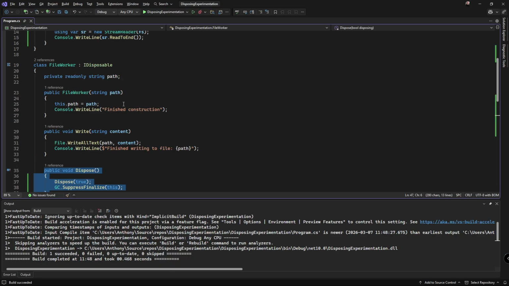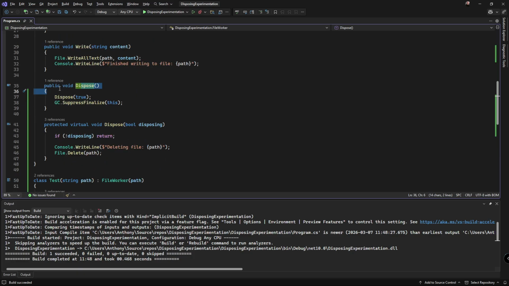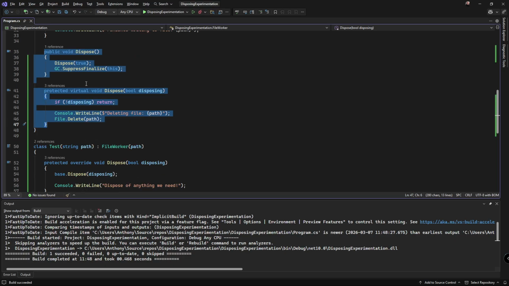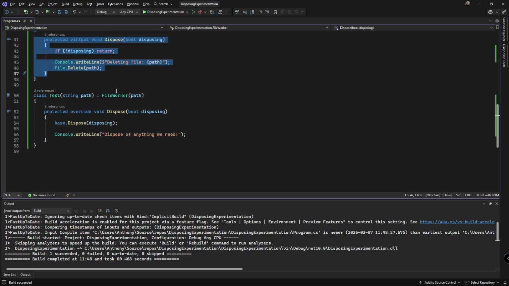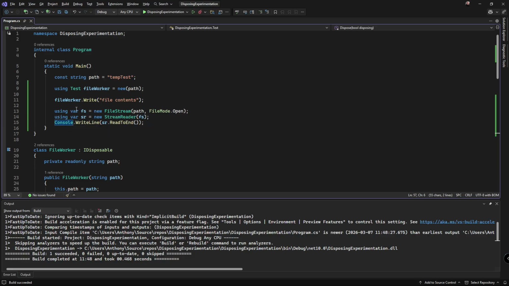So this is the pattern though. IDisposable, the Dispose method. Maybe you just do everything here. Maybe that's fine. Maybe if there's inheritance in the mix, you do it a little more explicitly and do this instead, and then you call the base dispose and do anything else you want to do there. But in general, that's the pattern, and if something needs disposed, you should dispose of it,